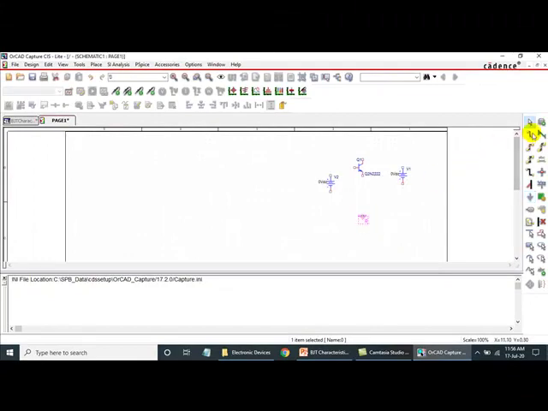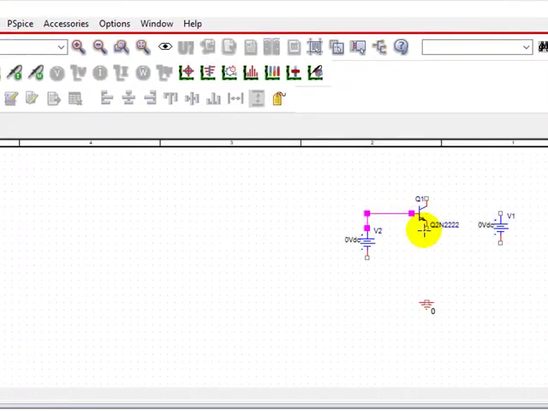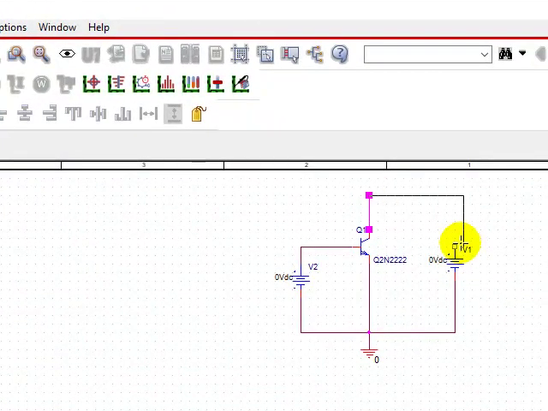Using the place wire option, I will connect all the components according to the circuit diagram. I'll rename the voltage sources.